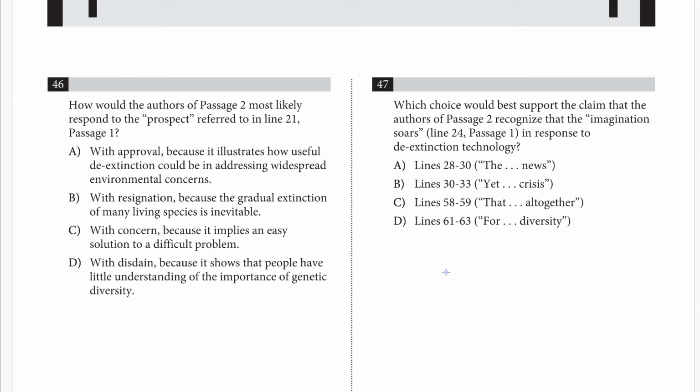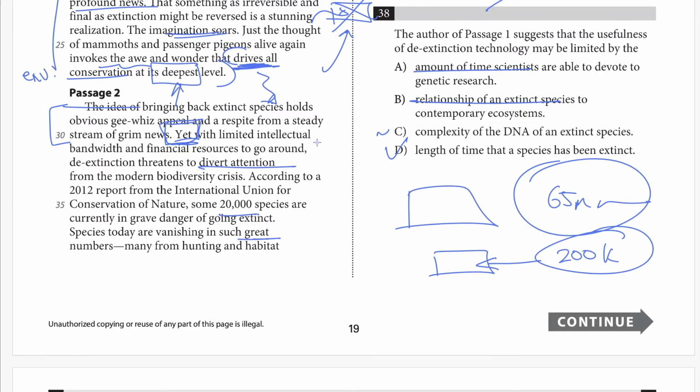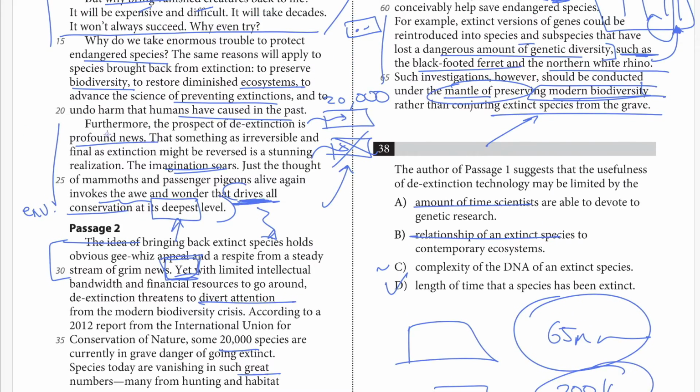Okay, we've got the last two questions remaining. How would the authors of passage 2, the second passage, most likely respond to the prospect referred to in line 21? What's the prospect? What is the meaning of this word prospect? Let's look at it. Line 21 over here is